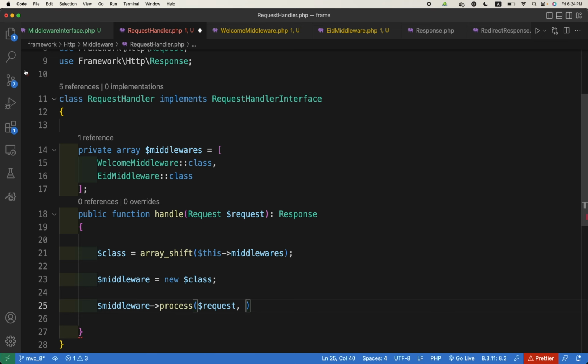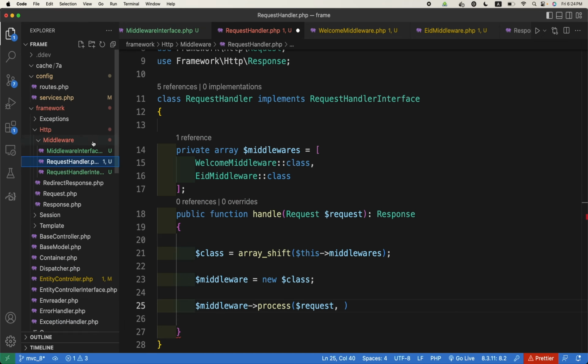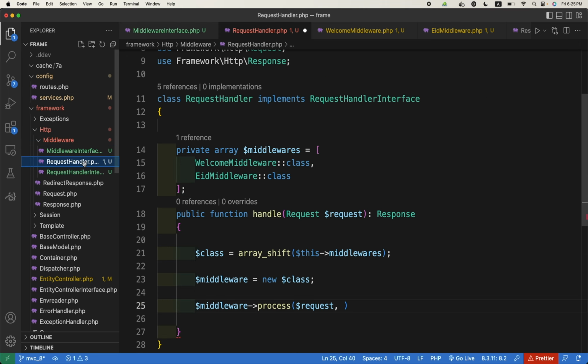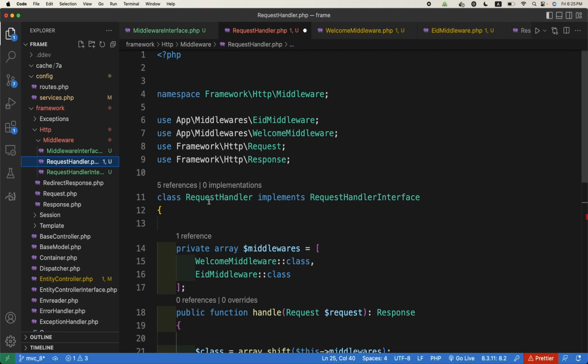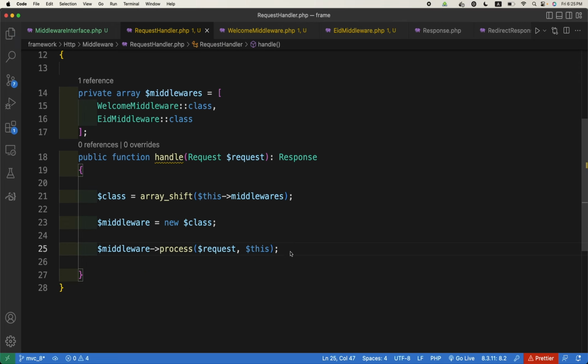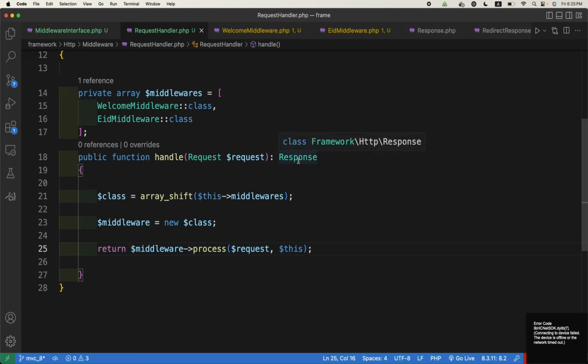The second one, if you go to the process method of the middleware interface, you can see it is passed the request handler object, right? So what should it do? This is a class. This class instance will be passed to it, so it will be $this, just this. Whatever is the instance of this class will be passed to it, and then we should return, rather directly we can call return $this, because this will return a response, so the response should be returned from this, right? Okay, so once this is returned,